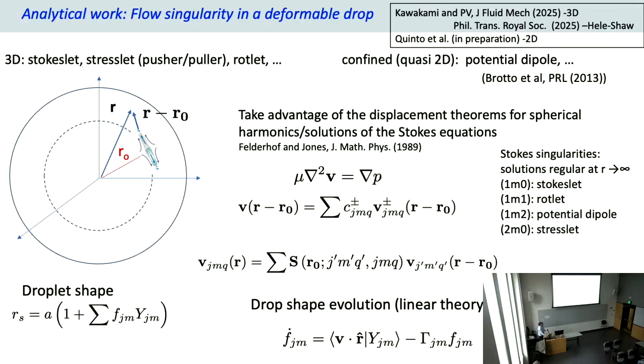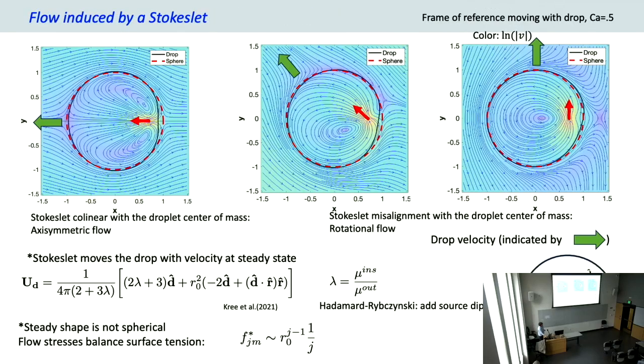So what's going on? We're almost done. These are some illustrations of what's happening with the active particle inside of the droplet. If you take a stokeslet, the stokeslet generates a flow. The structure of the flow depends on the orientation of the stokeslet, the point force. If it is axisymmetric, the flow is also axisymmetric. However, if the stokeslet is misaligned with the line of centers with the droplet, you also generate a rotational flow. The droplet moves, nothing surprising. So this is a forced particle. If you have a force in the system, that means the droplet is going to move.